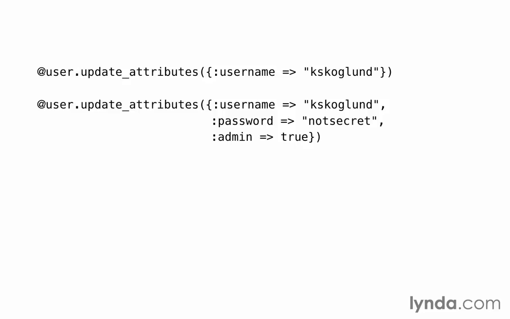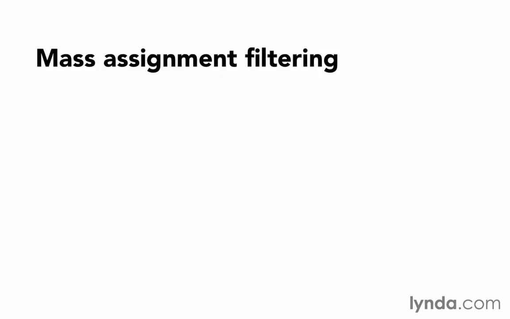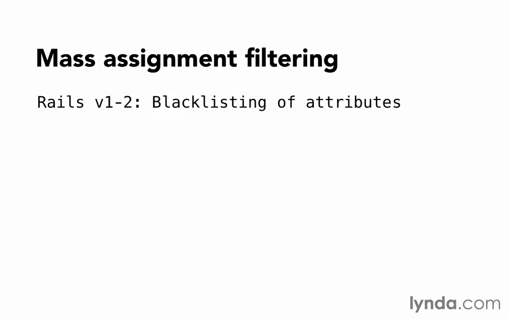If we're going to use the convenience of mass assignment, then we need a way to filter the attributes that are allowed to be mass assigned. Rails has evolved in how this filtering is accomplished. In early versions of Rails, attributes can be declared as protected or disallowed for mass assignment in the model. In programming, when everything is available by default and we list only the items that are disallowed, it's called blacklisting. This was optional. Some people ignored it, didn't fully understand it, or made simple, forgetful mistakes, and that left their